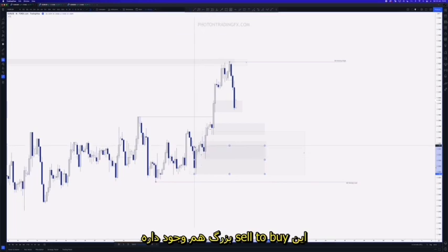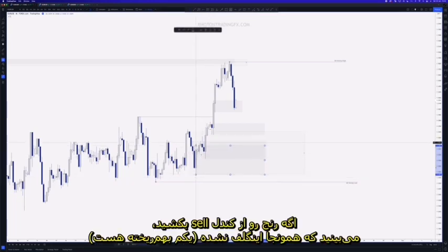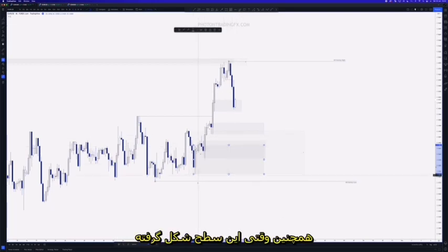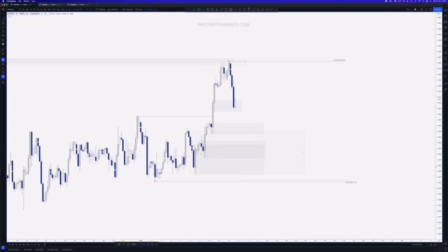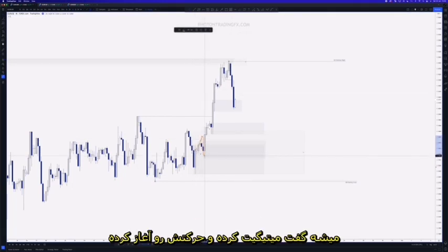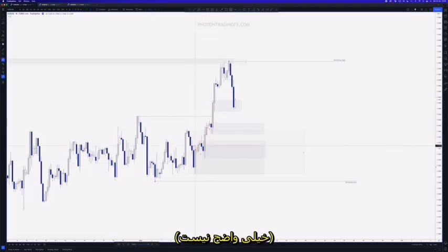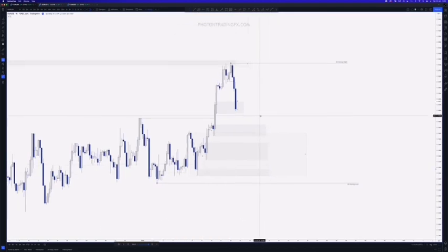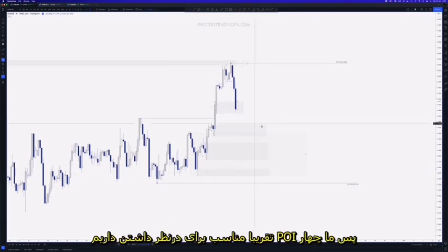So we have this big sell to buy. Now it's not the cleanest of zones because obviously if you draw it from the sell candle, it didn't get engulfed straight away. It's kind of more of a range, it's a little bit messy. Also, when that level was created, price went up, came back in, and filled some of the orders, so it's kind of mitigated and then went away. It's not really that clear. So I'm aware it's there, but I would rather refine this to the wick and use that as a fractal refinement, okay? So really we've got 1, 2, 3, 4 reasonably clear POIs to look for,